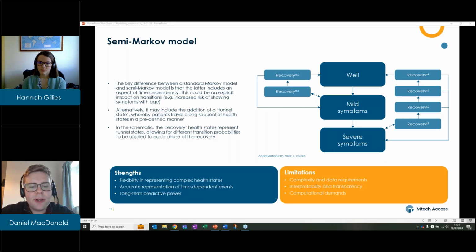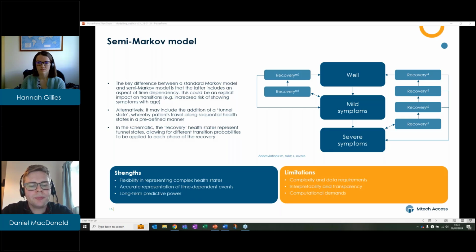So there are several strengths here. There's flexibility in representing complex health states. In some cases, health states may have a lot of variation within them. So there might be a lot of heterogeneity of disease within the health states that might be difficult to represent. When you only have a specific health state, you're looking to average the values within that. So you'll be taking the average of the different levels of severity that could occur within a state. If we have different tunnel states, then you're able to increase the granularity, increase the detail, which allows for a more specific representation of the real world setting